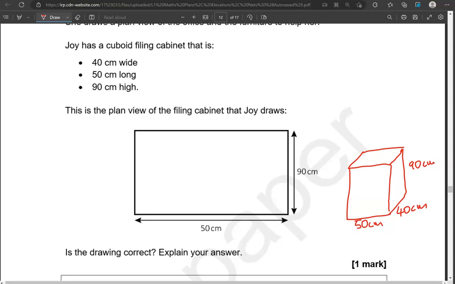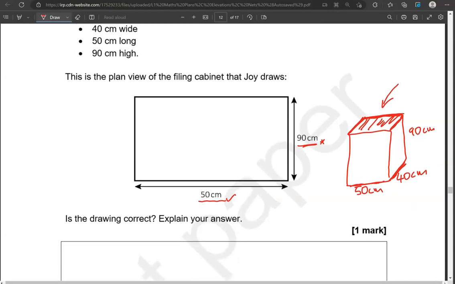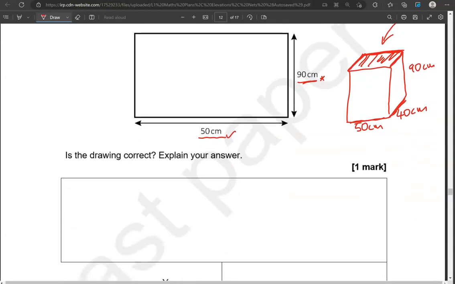So the plan view will show only the top of it. So what are the dimensions? The length here, that is same as this, which is 50 centimeters, and that is correct. The width is 40 centimeters, and that's not correct. So we're going to say no,